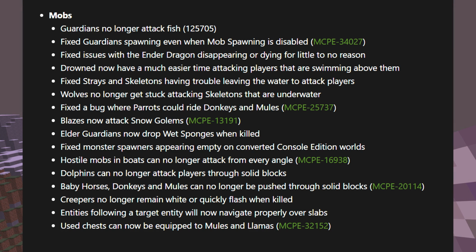Creepers no longer remain white or quickly flash when killed. Entities following a target entity will now navigate properly over slabs. Used chests can now be equipped to mules and llamas. So keep on the train, guys. Again, there's a link to this in the description below if you want to just go read it for yourself